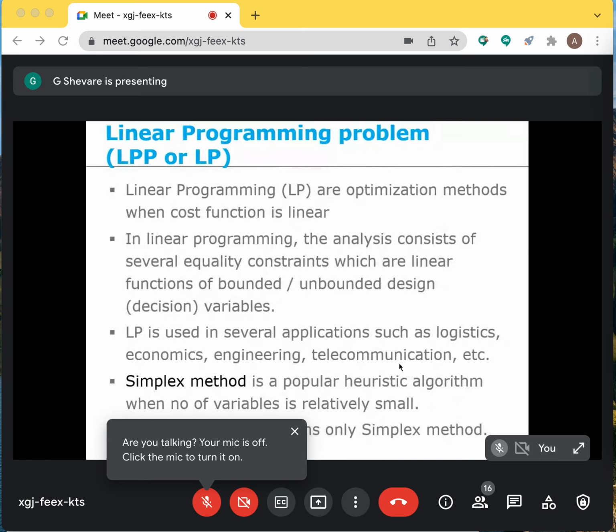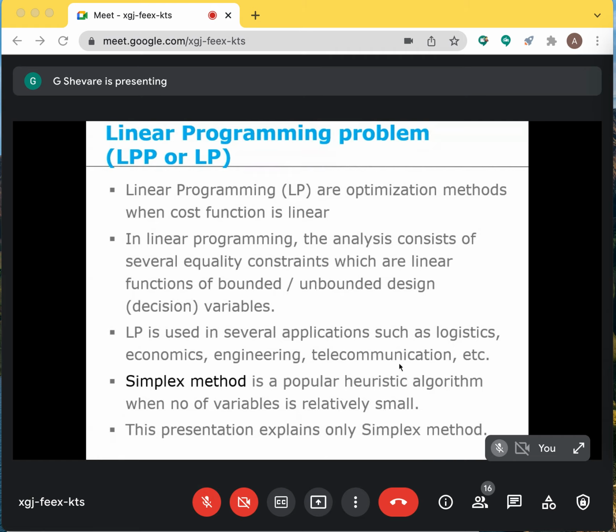We must understand that the simplex method is a good method when the number of design variables is very small. Why I'm saying this is, like it happens in other problems, the method is very simple. The cost function is a linear function. The analysis part is written down as a set of equations or inequalities. So the entire maths is very small. It's very simple. The complexity now is brought in with the number of design variables, which could be in millions. It may not be very small in size.